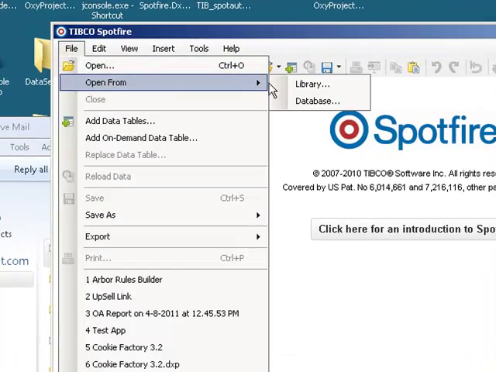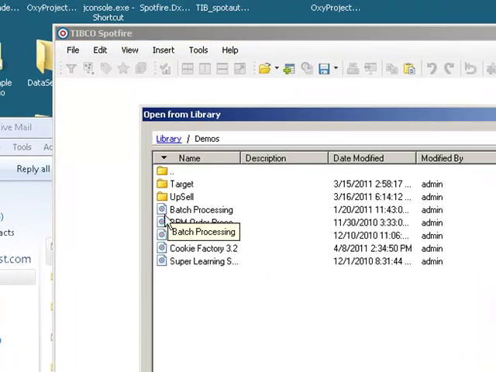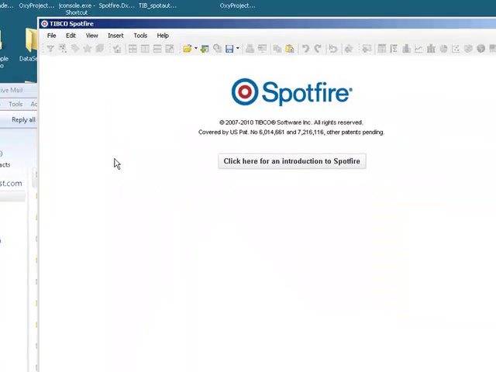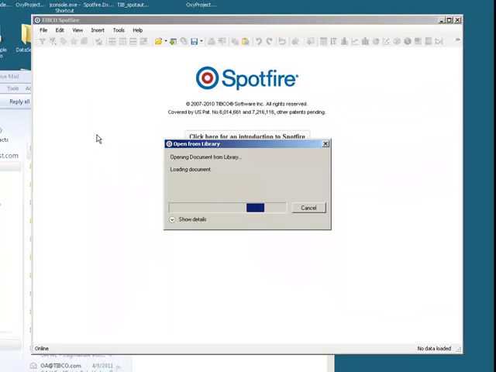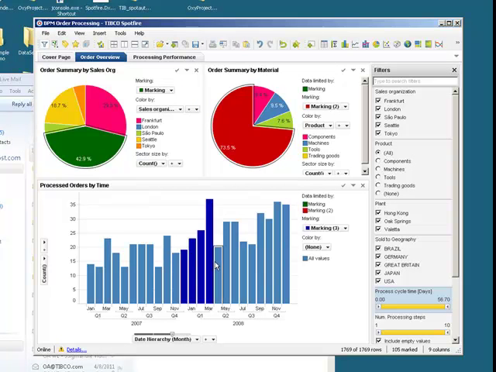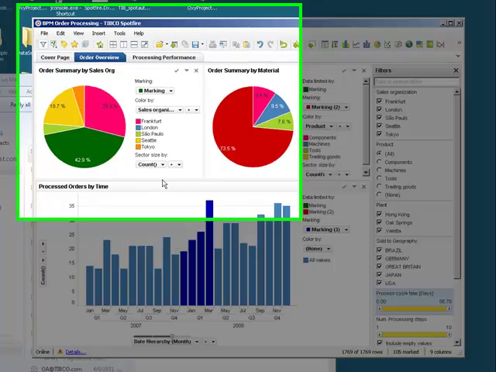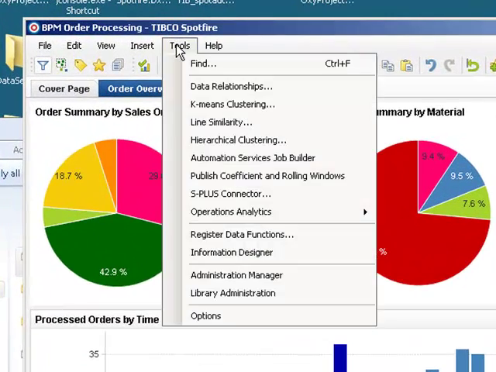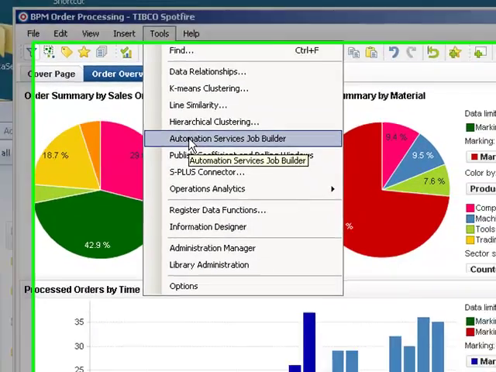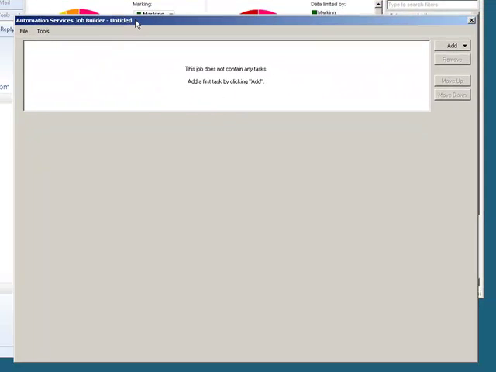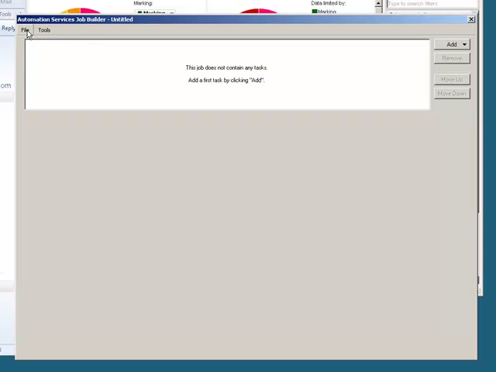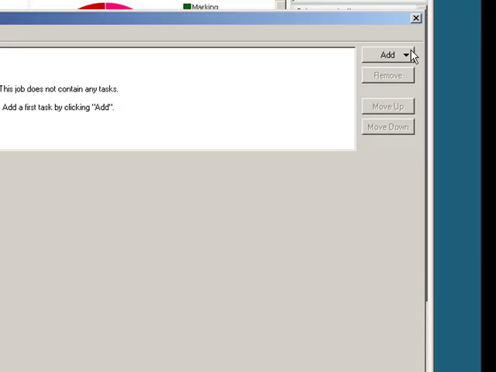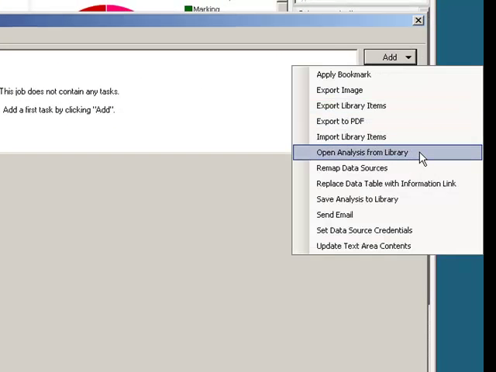library. It's important that we use the library to store these files, because Automation Services then will take a number of transactions on these files, which we'll see in a minute. So here's this file. I'll mark a couple of records, and I'll open my Automation Services Job Builder tool. Now this is the tool that we're going to use to create the job that we can later schedule from another place. I'll create a new one, and then I'll add a new function there to open an analysis from